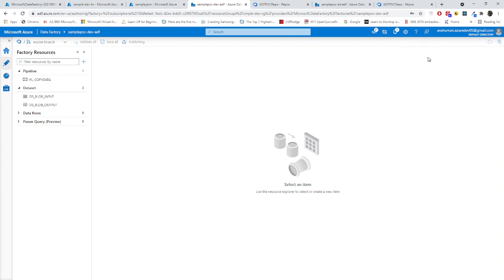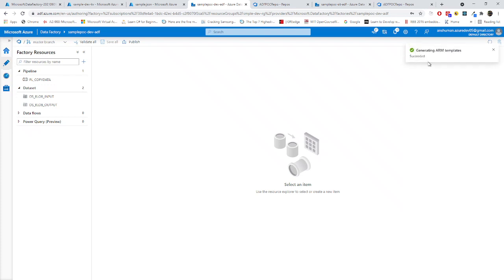It will show you that it is generating an ARM template. Let's just wait for the notification. Yeah, right now it is showing that publishing deployed 5 of 5 resources. Now it is showing that it is generating ARM templates. Let's just wait whether it succeeded or not.